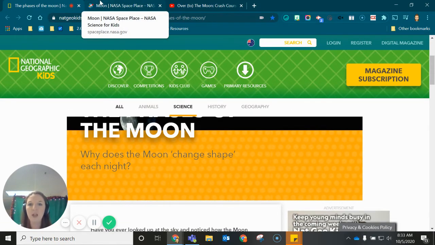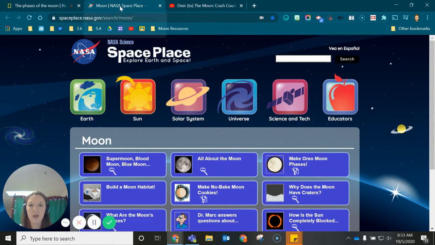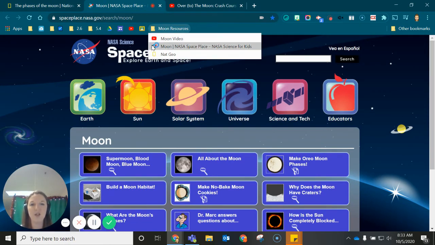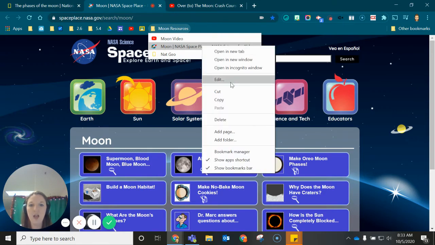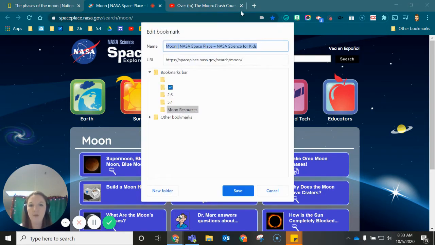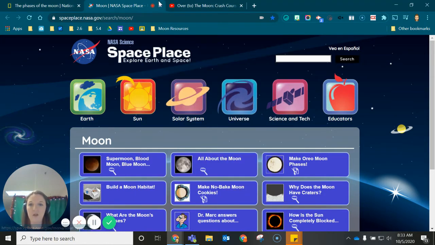Now, I did forget to rename my second website here, and it's not a big deal, but if I come into my Moon Resources folder and this is just too long or I don't know what that is, I can always right-click on this bookmark. So I'm going to select the one that I want to change. I'm going to right-click, and I'm going to come to Edit, and I'm able to come in here and change the name now. All right, so now I have all 3 of my lesson resources bookmarked,